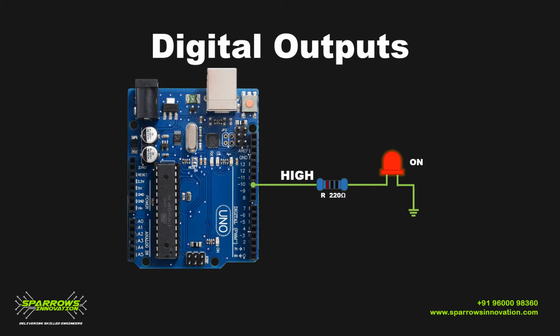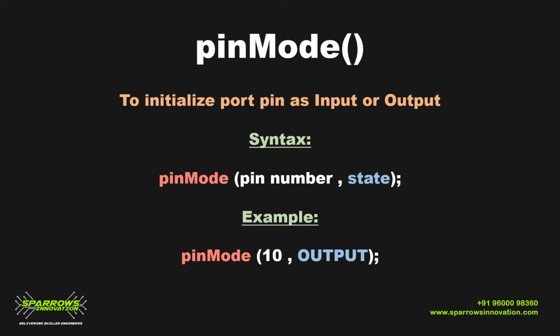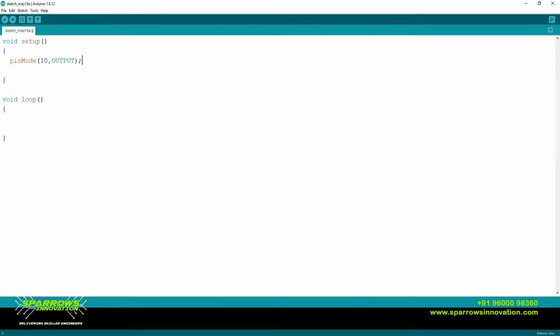To make your LED blink, you have to make your LED on and off for some time so that you will get a blinking sequence. First, we have to configure a pin as digital output. For that, we have to use the function called pinMode. By using the pinMode function, you can configure that LED pin which is connected to your Arduino as output. So first we have to write pinMode, your pin number 10, OUTPUT inside void setup. I already explained in my previous videos, the one-time initialization command should be given inside void setup. Now the output pin 10 is configured as digital output.